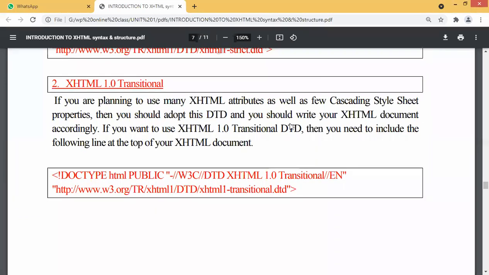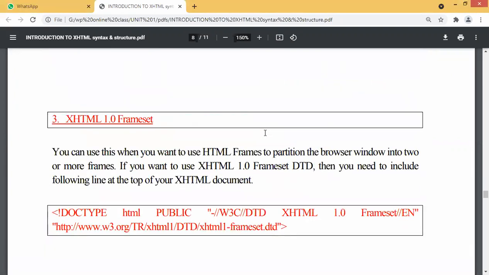As I told you, the second header, which is most commonly used, is called the transitional header. So what is this transitional header, guys? We know that we already write transitional by default. Why are we using transitional? If we want everything, we want CSS, we want HTML, we want XML, every programming feature, then we use this transitional version. Then we have a third version. So third version is called what?